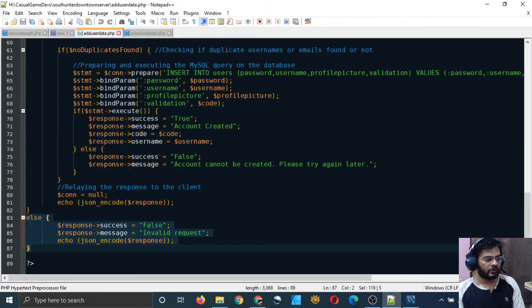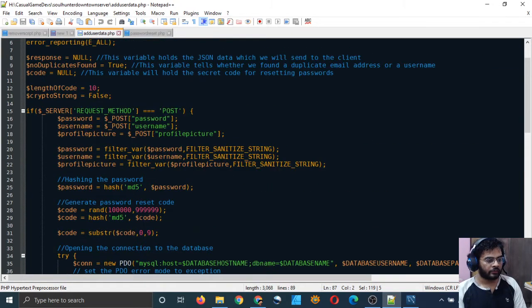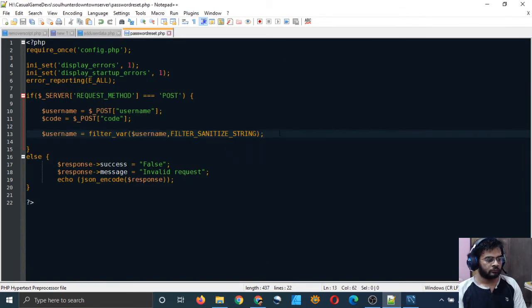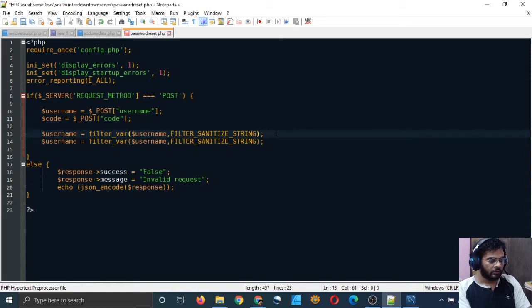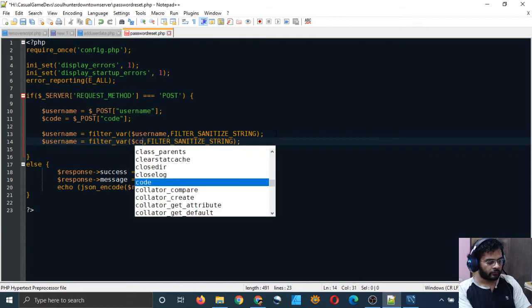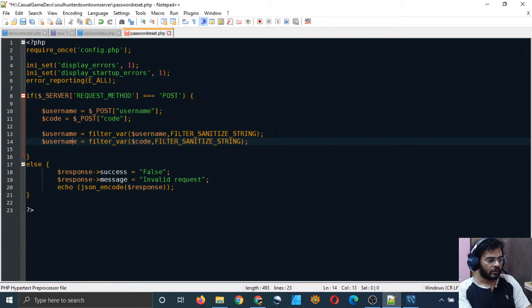So let's copy the sanitizing syntax, which is this. Username is sanitized, and I will copy and paste it again, and this is the code. So we'll sanitize the code also.